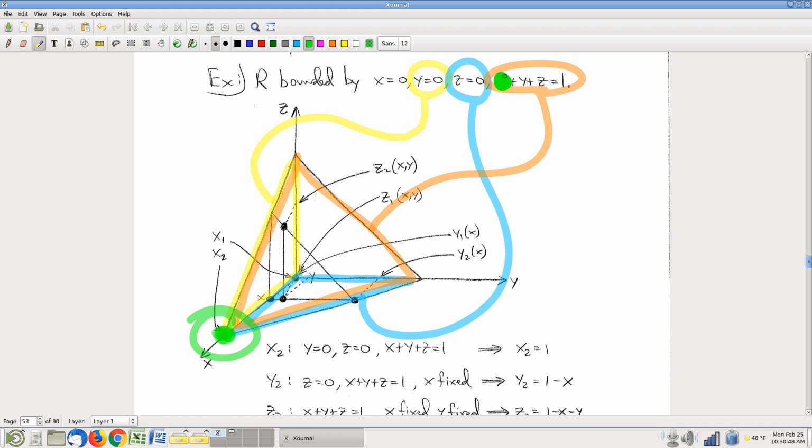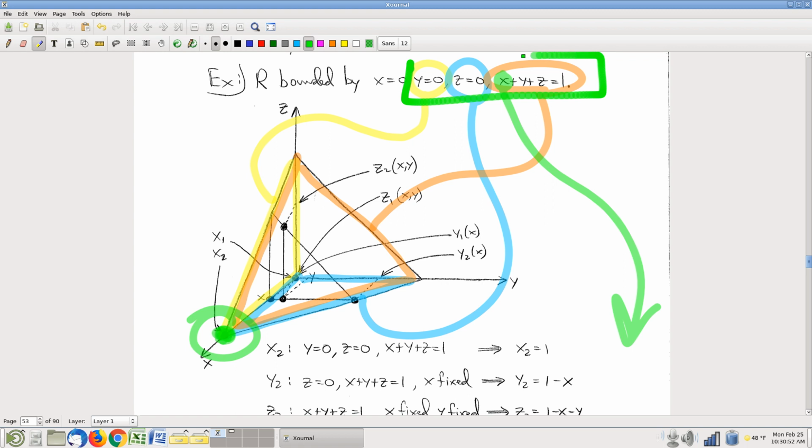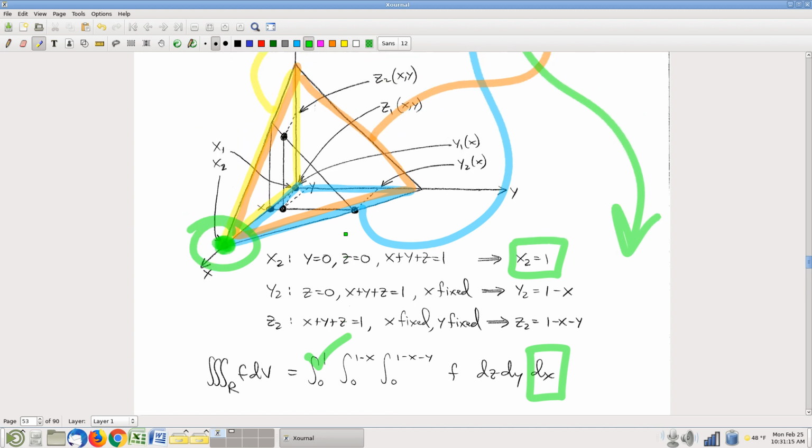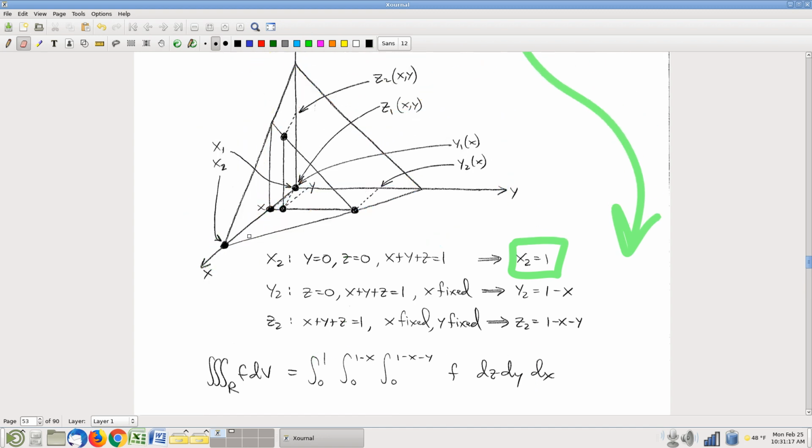Solve for x in that algebra. Take all of this algebra together, solve for x. This happens to be easy because if y and z are 0, that just says x equals 1, and that is our upper bound, and that's what goes there. Everybody see the process? Okay. I'm not going to do this whole thing because we've got a bunch of examples to do,